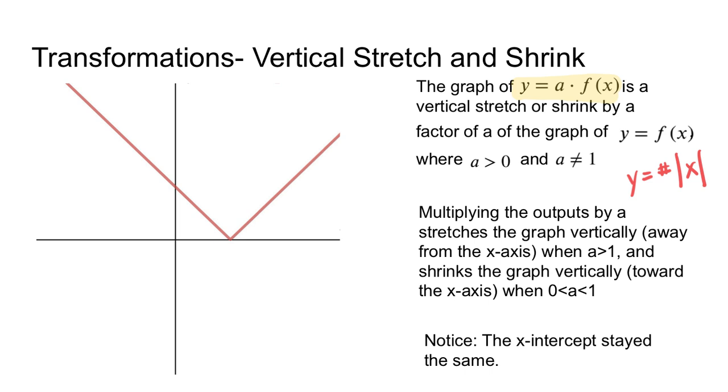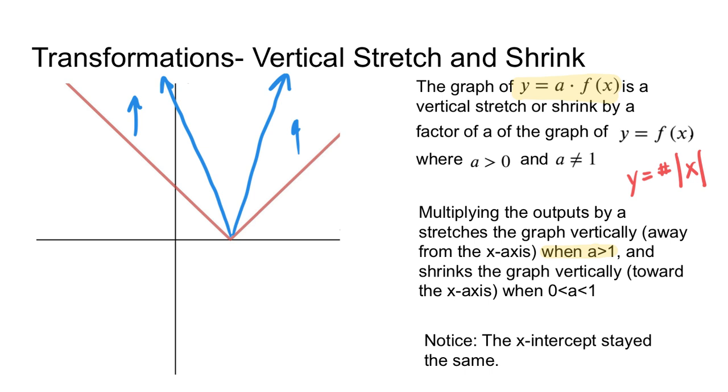But before we do that, it's worth noting that when the value for a is greater than 1, so think about a slope of 2 or 3, think about what that does to a linear equation. For us, what that's going to do is make this V look narrower. It's going to look like a steeper line. We call that a stretch because it's almost like I took the two ends of a rubber band and pulled it up. It's almost like I took my graph, took the two ends and pulled it up. So a value for a greater than 1 makes my graph look much steeper, a closer V like this,